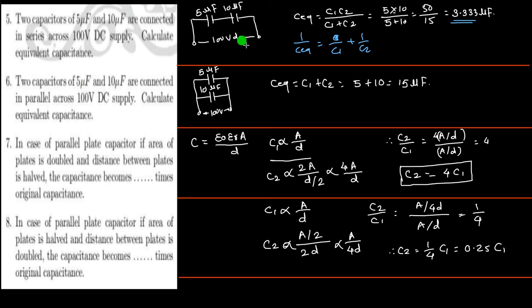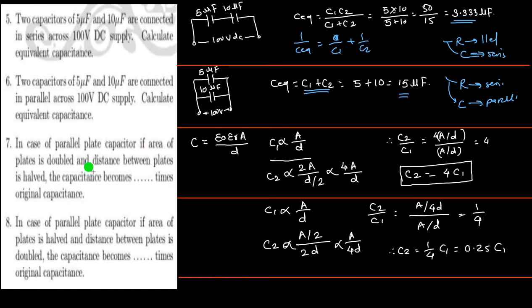When the same capacitors are in parallel, the equivalent is addition. Keep in mind this formula is applicable to resistance in parallel, and this formula is applicable to resistance in series. So it is exactly opposite for capacitance. Capacitance in parallel, and here the capacitances are in series. So the formula of resistance in parallel is applicable to capacitance in series. The formula of resistance in series is applicable to the formula for capacitance in parallel. So C1 plus C2 gives you 10 plus 5, that is 15 microfarad.